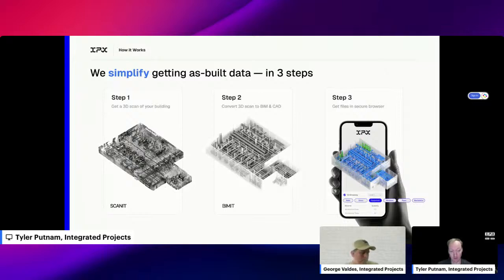First, we scan the project. This could either be, you've already got an existing point cloud, at which point you can basically just upload to our service, or we will deploy a laser scanning professional to your facility or your location, and do reality capture, right? Millions of points, to then move on to step number 2, which is to convert that laser scan point cloud